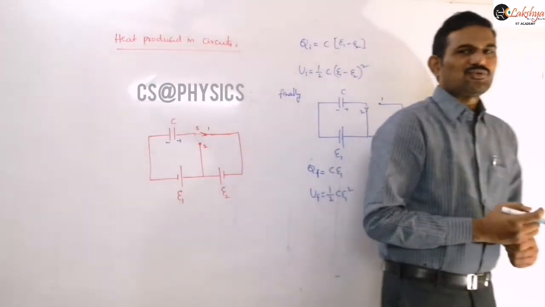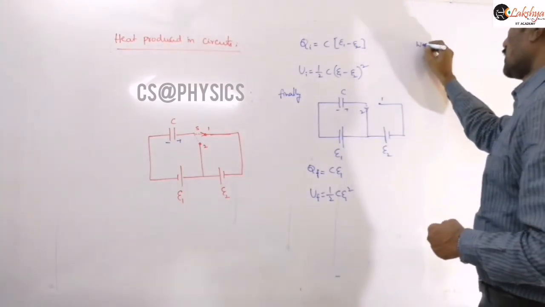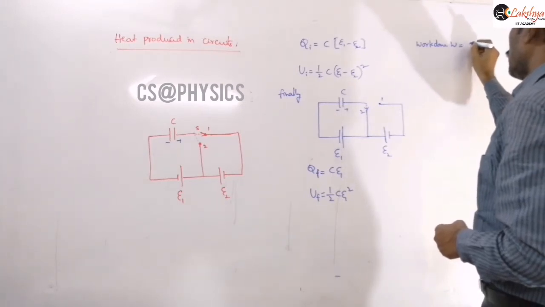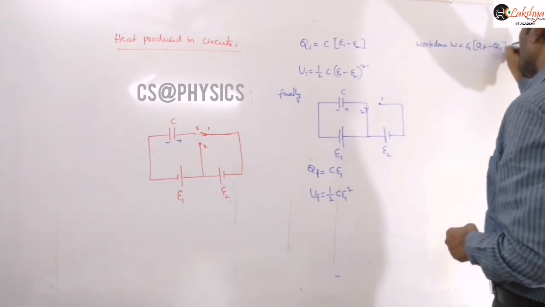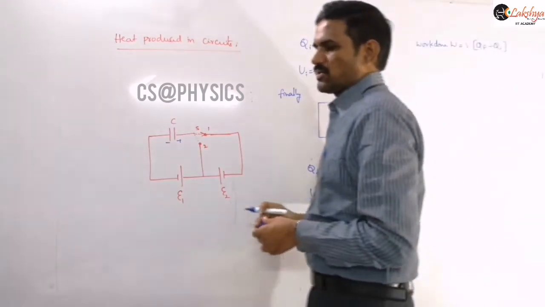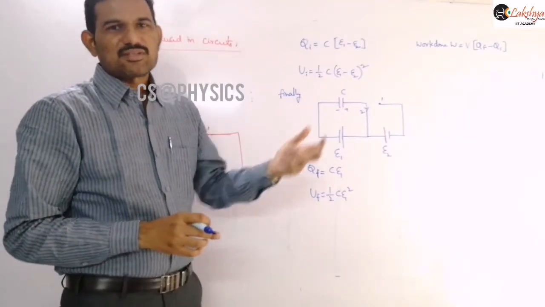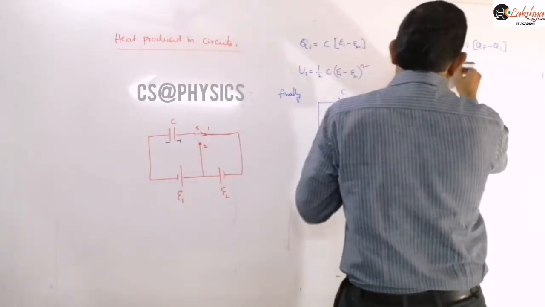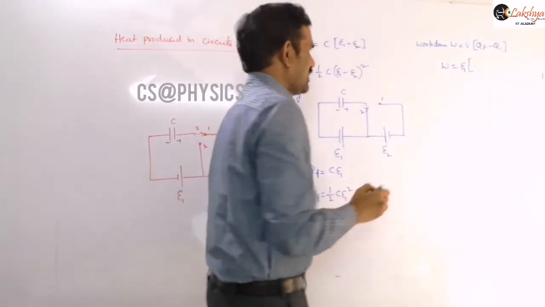And next we need to write the work done. From that you can calculate the heat produced here. So now I am writing the work done by the cell. Work done we can write as final potential difference into Q final minus Q initial. Here you need to remember, I am writing the formula in general: V into Q final minus Q initial. That V means finally how much EMF is connected, that value we need to write here. So this value will be equal to E1 into, now Q final is nothing but C E1,